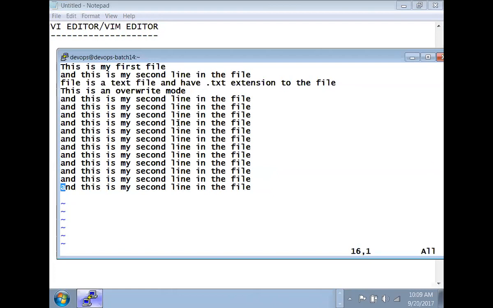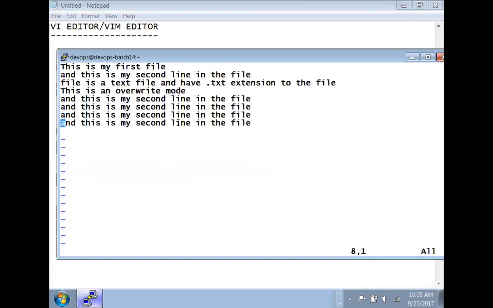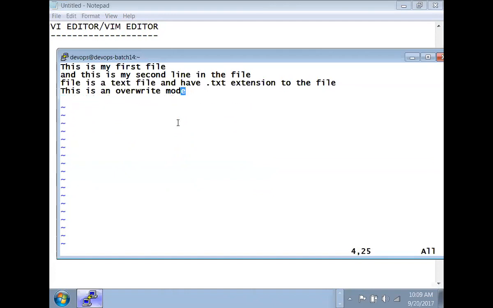Now I don't want this. So what is the button to come out? Escape button. But I don't want to escape now. I want to undo this. So undo is the option. U. You see that? Undo. Simple. Very clear? So if you type something, oh, I'm doing something and made a mistake, I want to undo it, which key will I press? U. Done. You're back to normal, back to square one. Okay? Good. Now we will see the power.